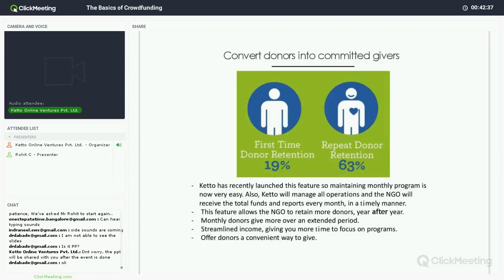Monthly donors give more over an extended period. Instead of the NGO having someone who comes once in a while and donates, for example, 5,000 rupees, how about you have a dedicated donor who is donating 1,000 rupees to you a month? Over an extended period, that turns out to be much more beneficial for the NGO. Streamlined income gives you more time to focus on programs, so you don't have to waste too much time